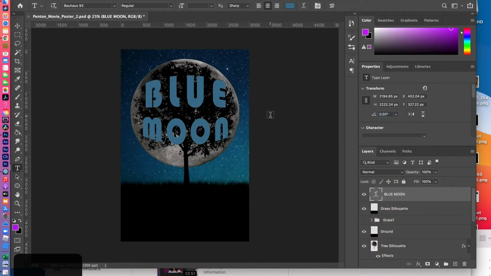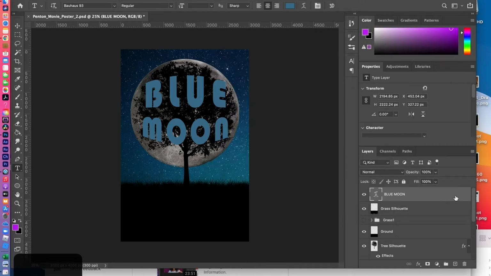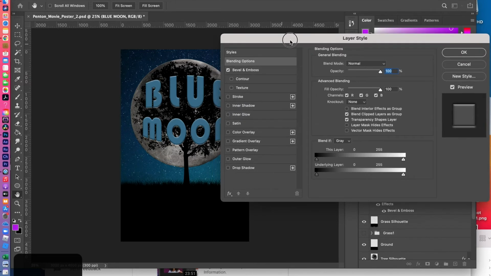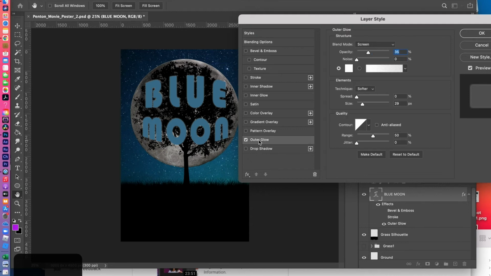But you know what? Before we play with the blend modes, let's just double click on our layer styles on the far right of that layer. Remember, you have to click on the far right. Let me do that again. I click over here on the far right of the layer, and I can choose some of these cool layer styles. So I could bevel and emboss if I want. I could do a stroke around it if I want. Maybe I'll just do an outer glow. Let's try that. And let's actually turn off bevel and emboss. Give it a really kind of